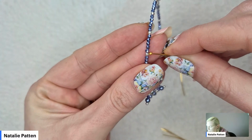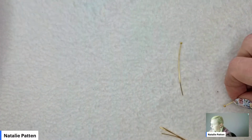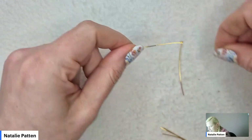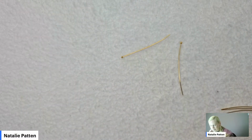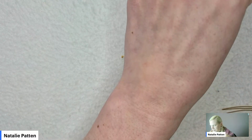I'm going to be using the gold ones in this, but I think that just kind of echoes that, and I think it's a nice little touch. You can, if you prefer, use a flat head pin, which has got that nail tip finish. So I'm going to create 6 of these. I'm just going to take out my lovely little 3mm pearls,